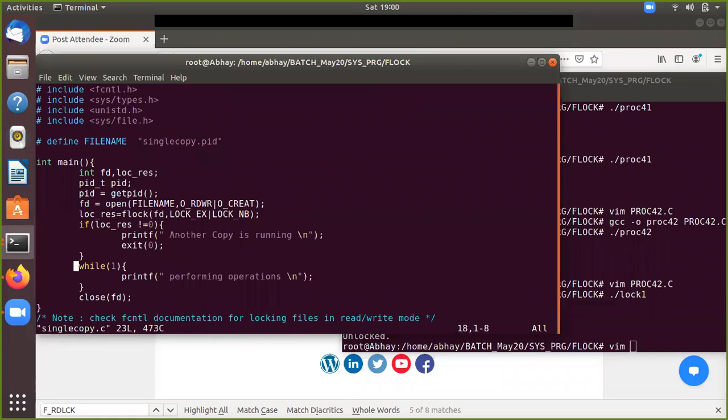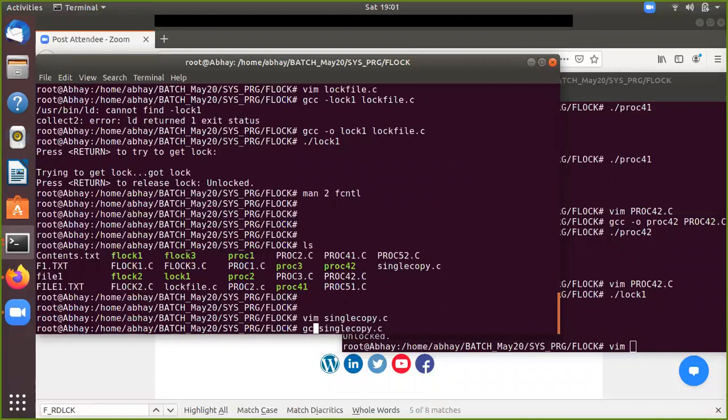This is what we are going to do here: this flock. Now you see that we are putting a file lock, and then we are running an infinite for loop. So what it is going to do is, it is not going to release the lock until you close the file descriptor, or unless your program comes out. Then I'm going to run this.